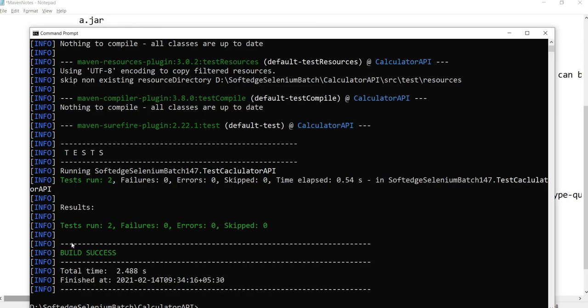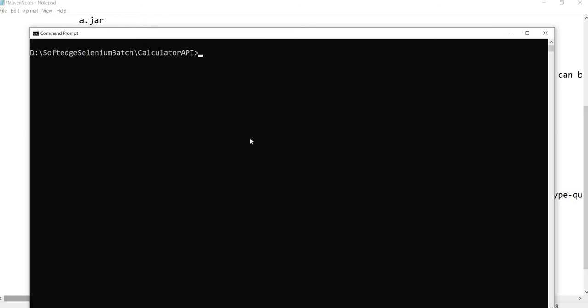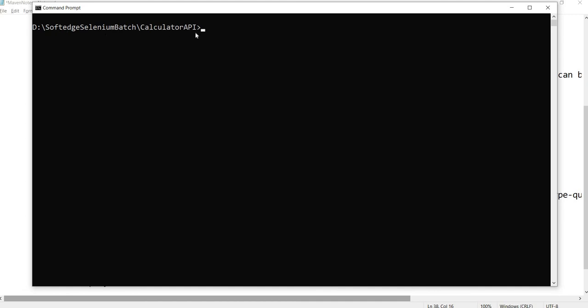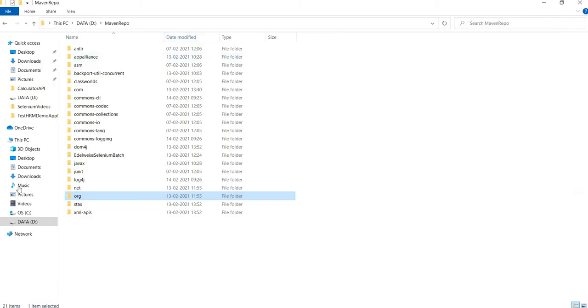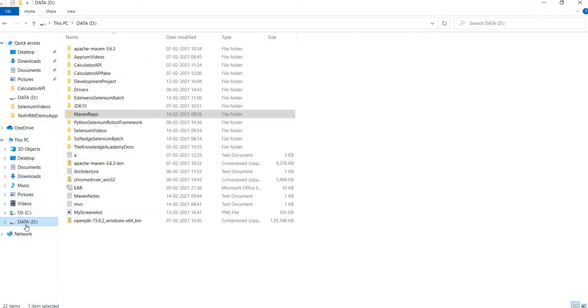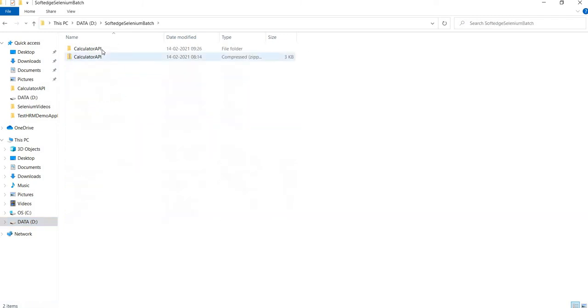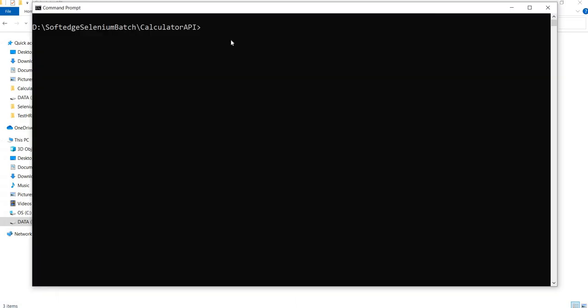Okay, now let's run the different phases, guys. I'll show you the result of each phase. Now, clear screen. I am inside the project directories directory now. This is where my project directory is. I'll take you there first before I start executing. So in D:, here I have my project calculator API. This is the POM XML, and you should always be running the Maven commands from your project directory.